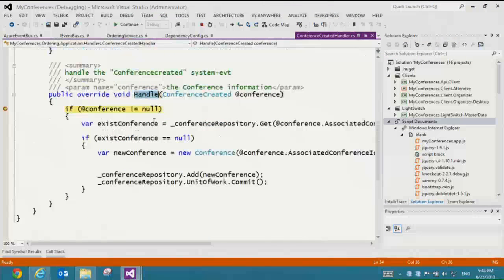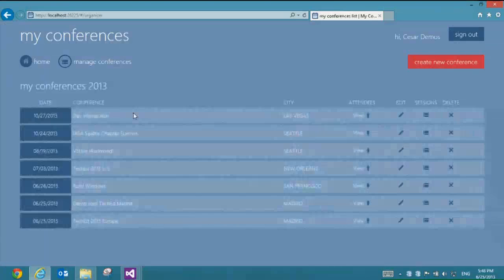And here, we just grab the event, and we need to create that conference in the other database, the other schema, the other subsystem. So we just save it. So this is the way to communicate different subsystems asynchronously, right? Now,